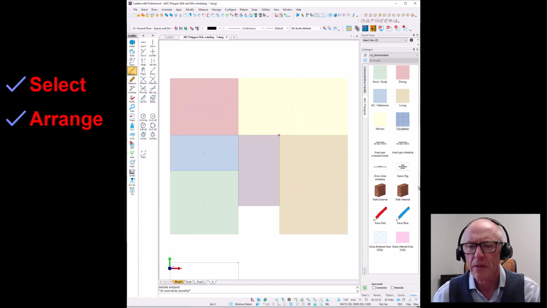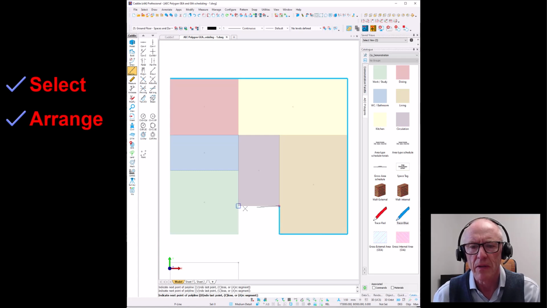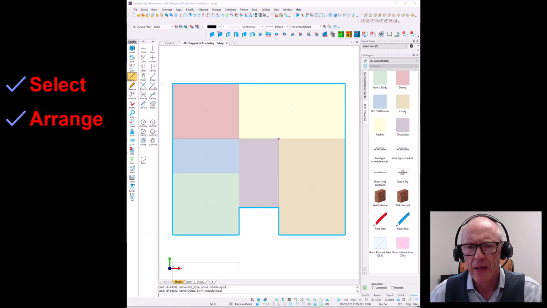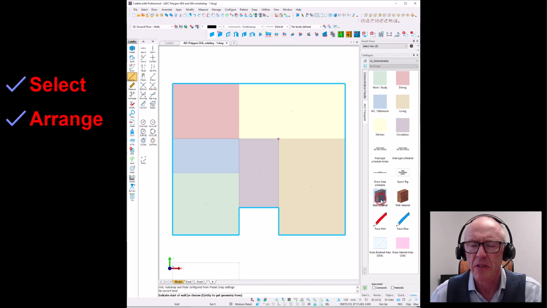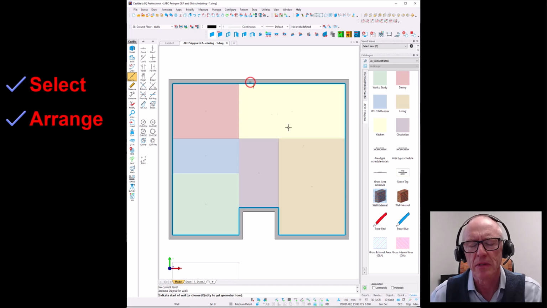Having created our plan, we could choose to populate it with the walls. So we've got walls here, but I'm just going to draw a polyline around the outside. So just tracing around my outline here, and then we'll just close that. And having created our polyline, we can then, from this, create the external wall. We could, of course, have used the wall to trace around, but here we're just going to add it to